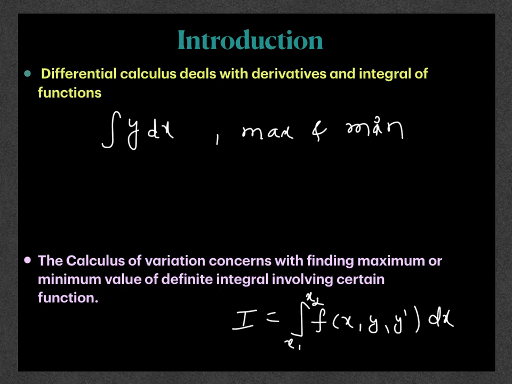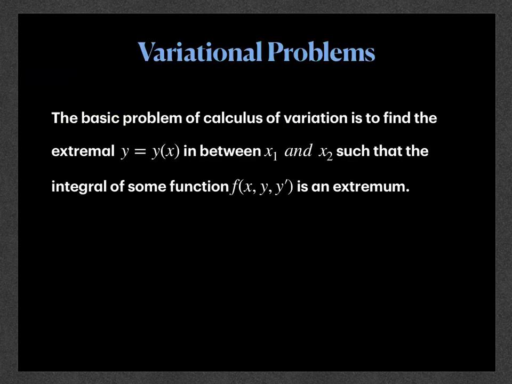That's the difference between differential calculus and calculus of variations. The basic problem of calculus of variations is to find the extremal. Extremal means the curve y equals y of x, between the limits x1 and x2, such that the integral of some function f of x, y, y dash is an extremum. Means we are going to find the curve y equals y of x that makes the integral form of the function, that is called the functional,